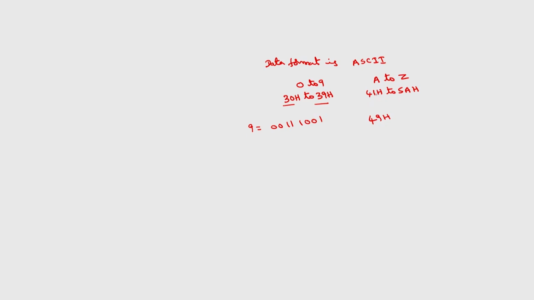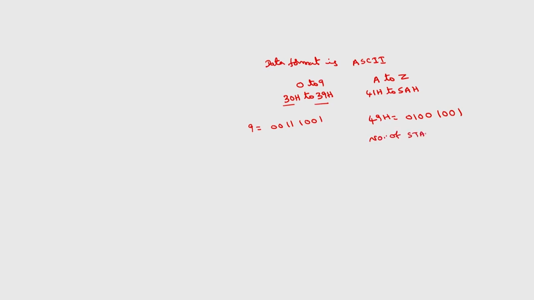So, this is 41 is A, 42 is B. So, this 41H corresponds to one of the alphabets. So, this is nothing but 0100 0001. So, what is the format that you have to send, and you have to assume this depends upon your serial interface, the standards. I want to use one stop bit,